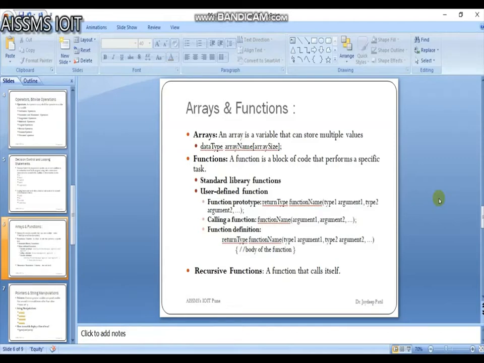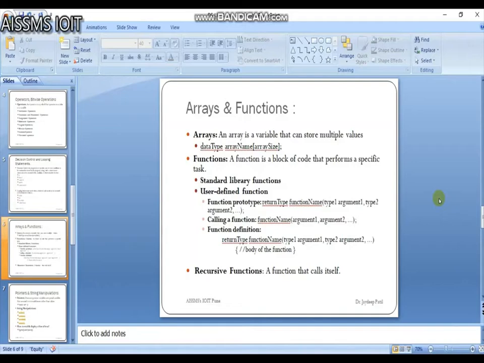So there are a number of such library functions available in C. Second one is user defined functions. You can also create functions as per your needs. Such functions created by users are known as user defined functions. Okay.